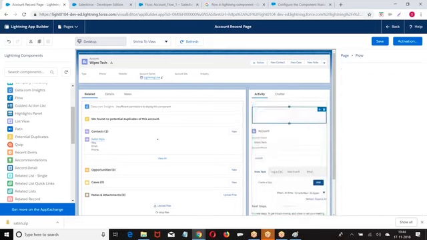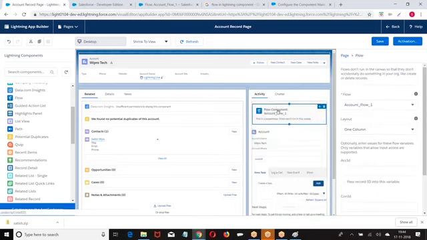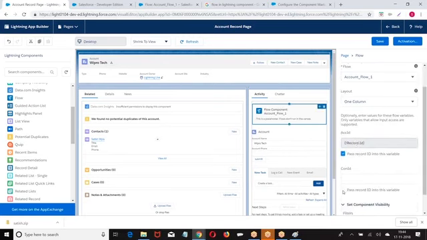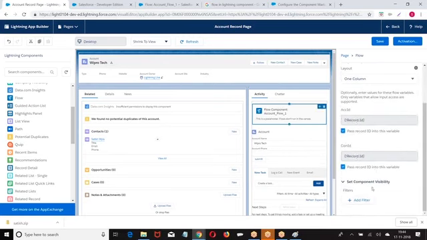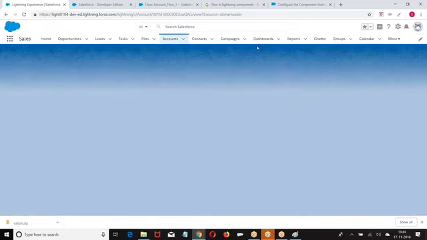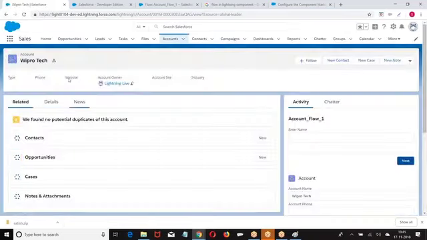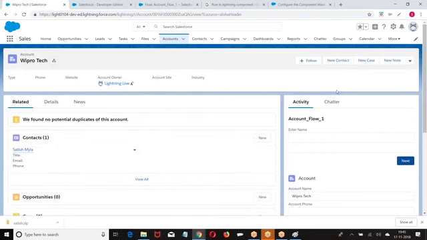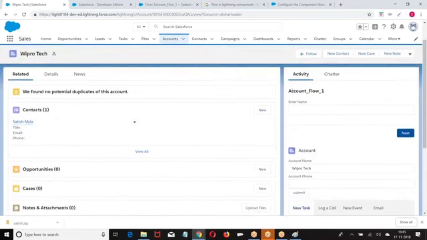Drag and drop, create one column, go to the record. What was that? Flow.